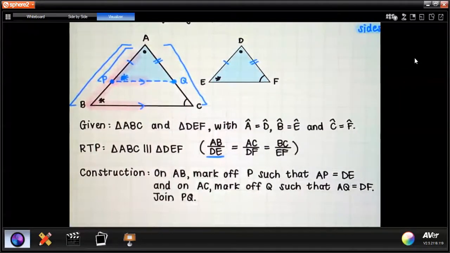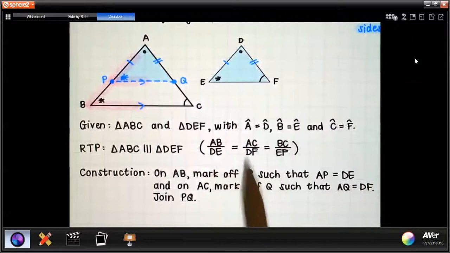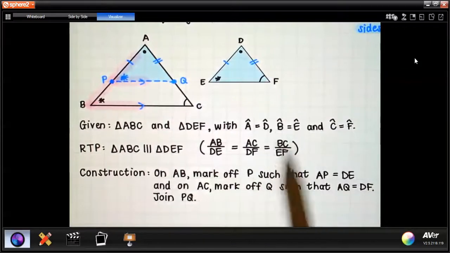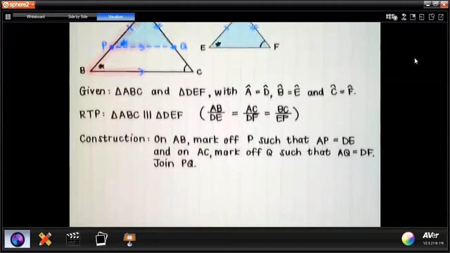I'm just going to erase those markings because I'm going to have to do some more later on. All right, so that is basically how the proof works for the first two, and then I'll explain how we're going to bring the third fraction into the mix. Okay, so for the proof,